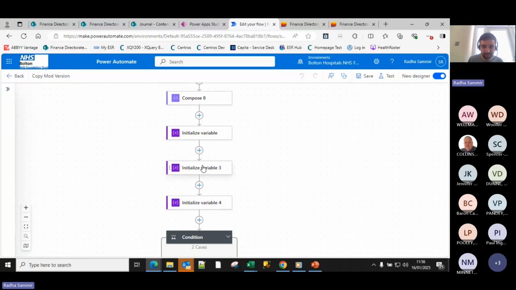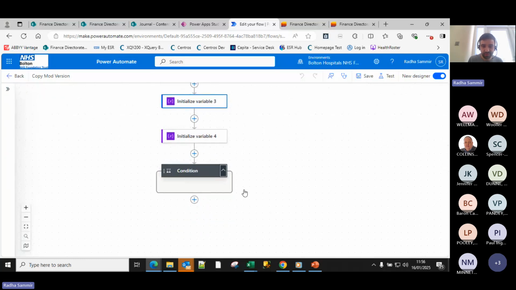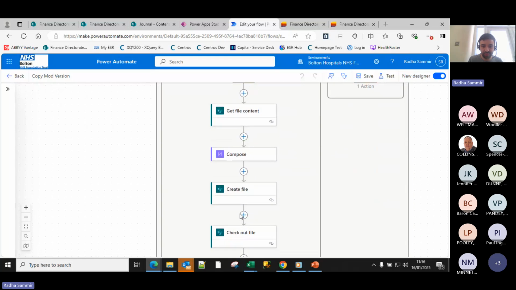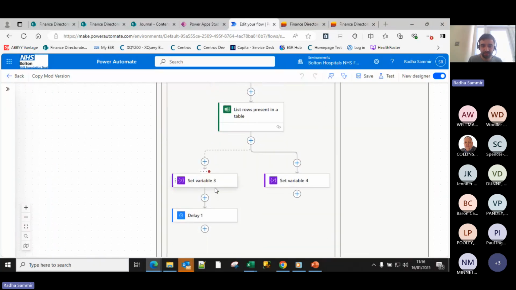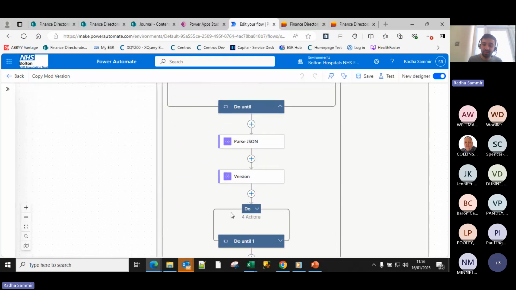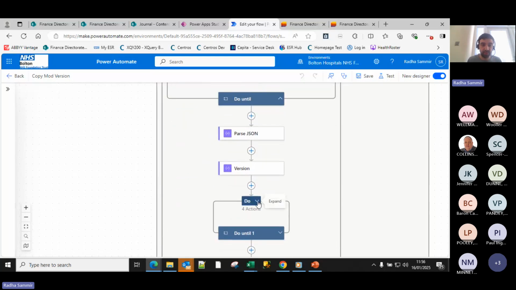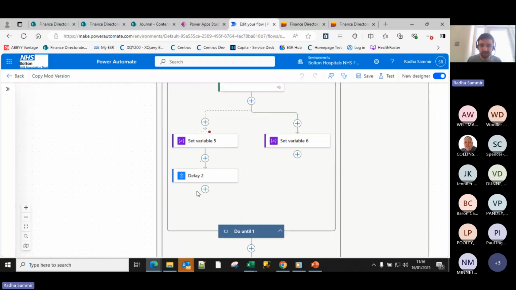But then this creates all of the variables to do with when somebody last saved it, goes through the process of getting all of the data from the file, checking out a new file for it so that nobody can disrupt the data that's happening, and saves it somewhere else as well so that somebody can continue to use the file and I won't have issues where somebody's in the file already. It will get all of the information from the tables in there,